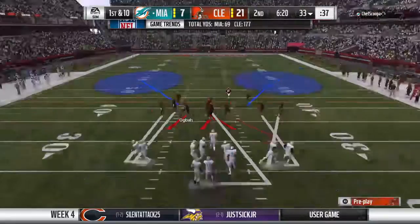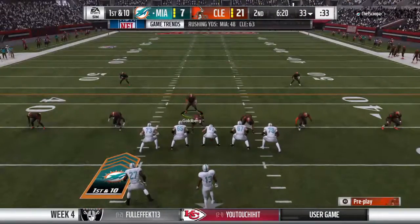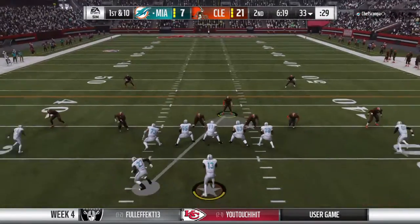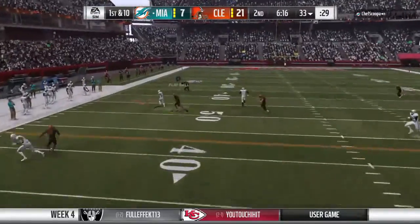And with this deficit, you can't have too many more drives like the last drive where you had to punt it away. You know what I would tell my offense right here? The punter doesn't exist, guys. He doesn't even exist. He's not a team anymore. I just cut it. All right? So you've got to go out and...